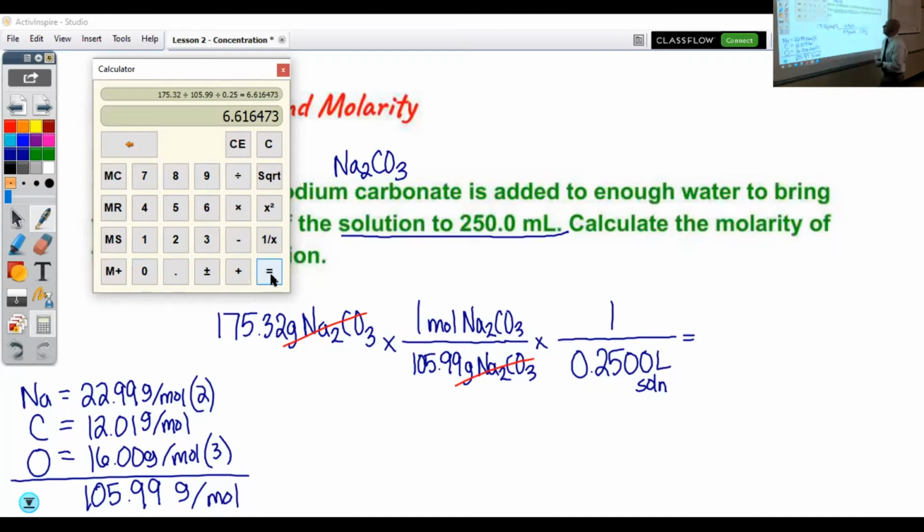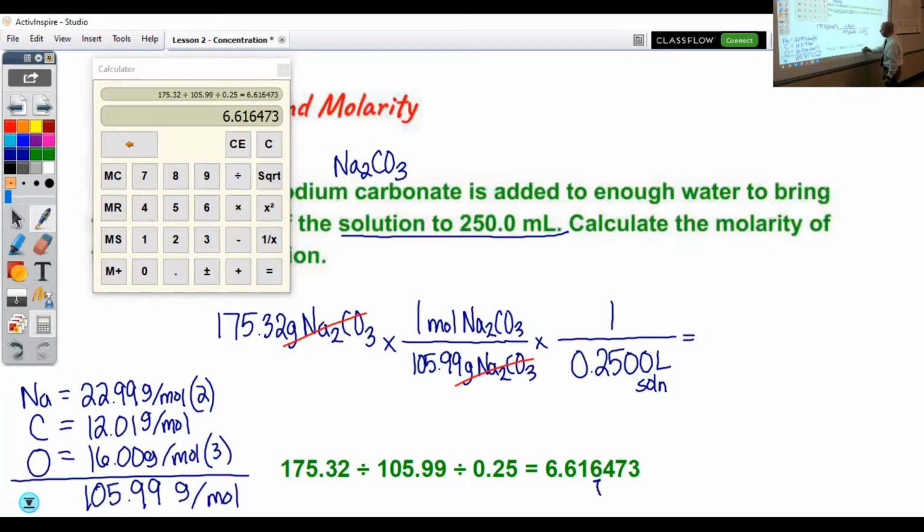So I wind up with this answer. Now, same rules as before in terms of significant figures. I have 5 here, 5 here, 4 significant figures here. So my answer is going to be limited to 4 significant figures. So if I drag that answer out here, I have 1, 2, 3, 4. This is the 4th significant figure here. I look behind it, it's only a 4. So I'm going to leave it as